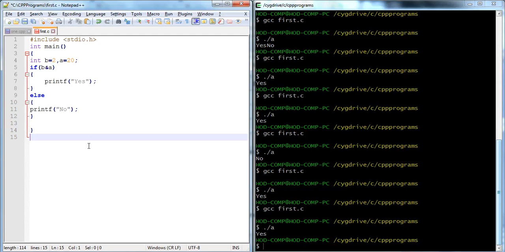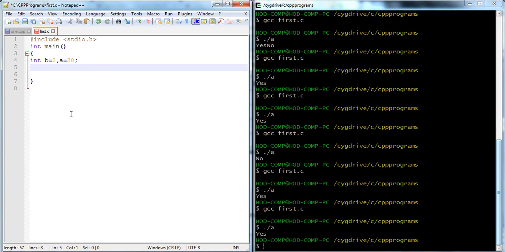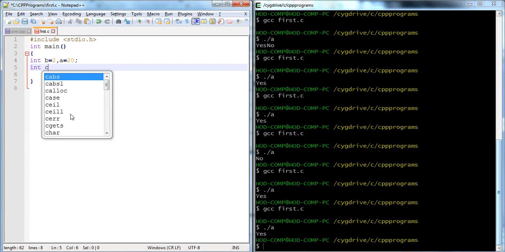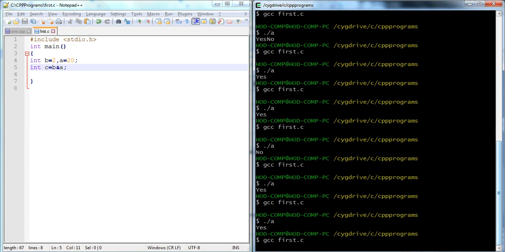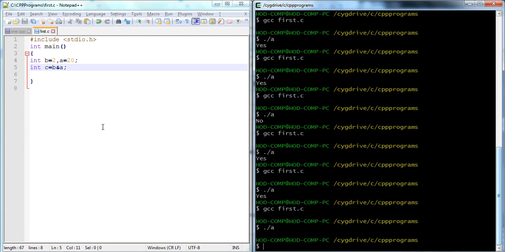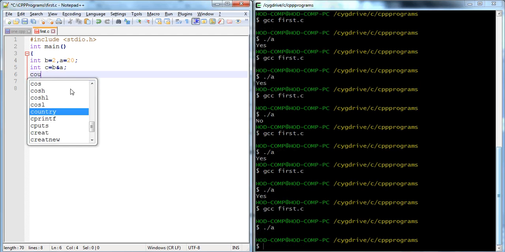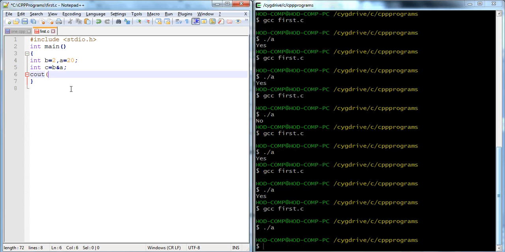If we go with an example like this, that is considered as A and B. Now int C is equal to B and A. It gives an output, and we need to print the output as C. Now printf with %d and %d and C, right?